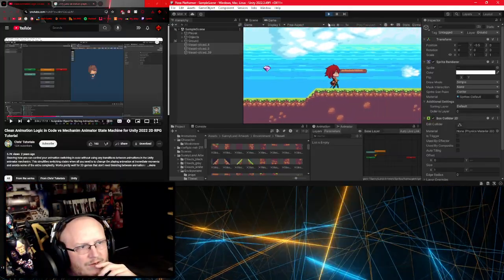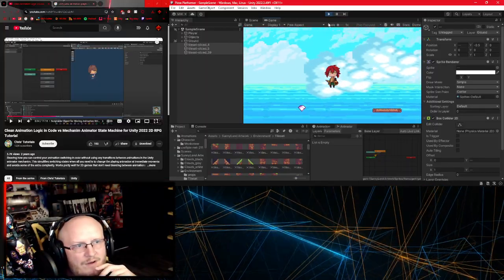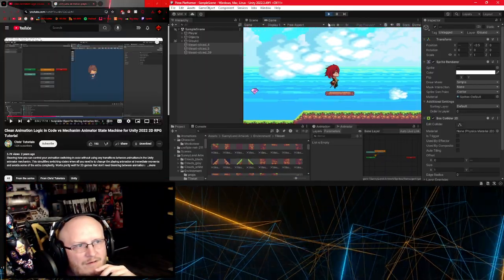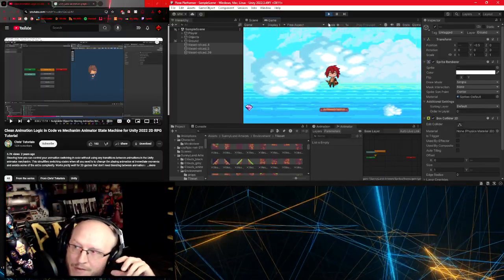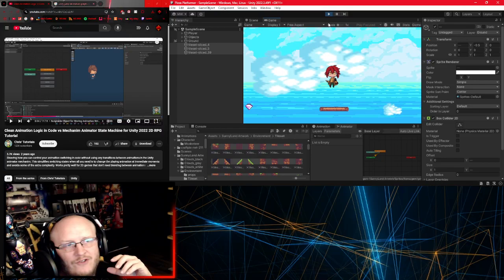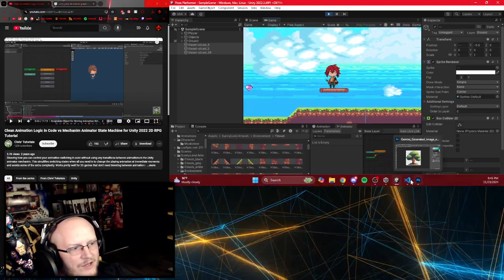Coin, coin. Now she can jump off of it as a ground layer. So if you're wondering why she wouldn't jump off of it in the first place, it's because I didn't have a layer assigned to it. And the jump feature in the code